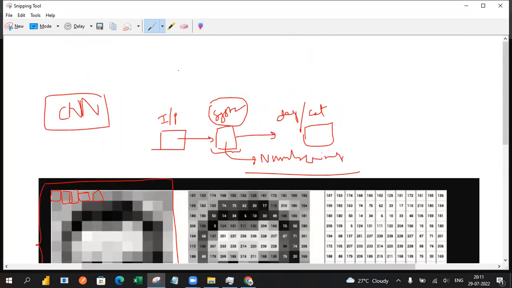So we have an image input size with height, width, and also the channel color, which we can also call channel size. Mostly you will get a height of something like 200 and a width of something like 300. Channel color is nothing but